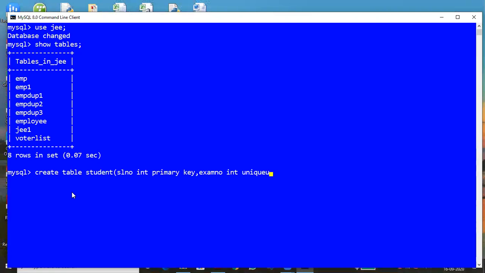Unique constraint we are applying. And then next, name varchar of 20, which is given, that is the not null constraint we are applying. I'm entering into the next line, and mobile number, that is bigint we are using. Default constraint we are applying.